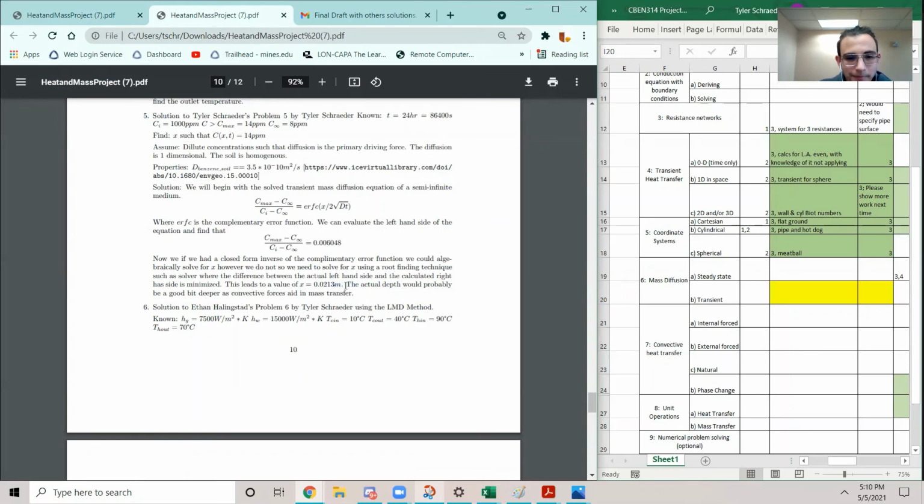which is a bit of an underestimate because in the real world we would have convective forces